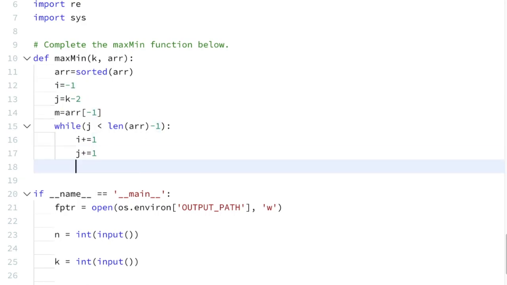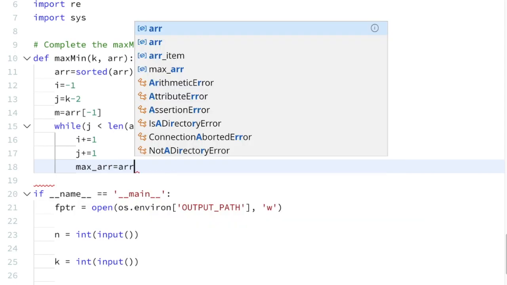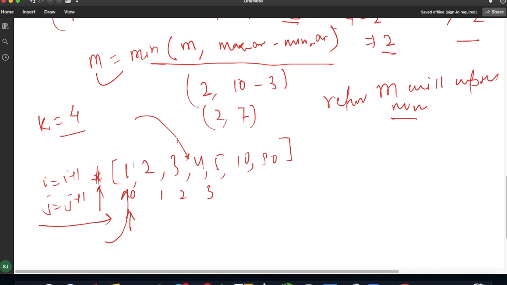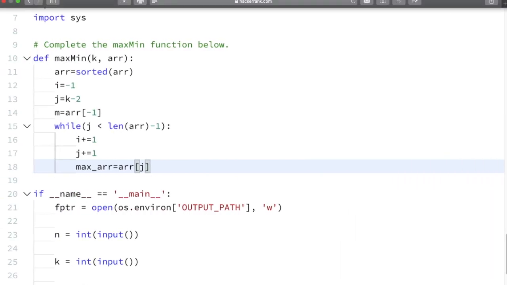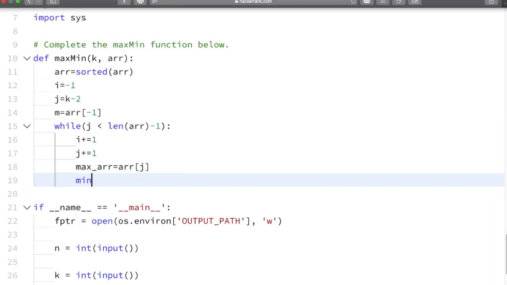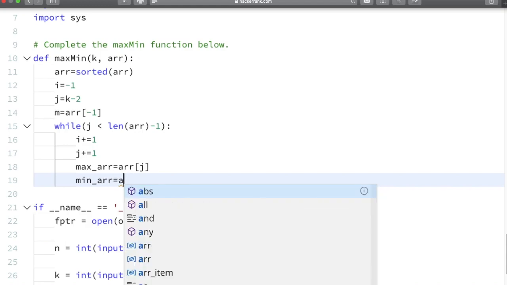Now we will take the maximum among the subarray. The maximum is present at array of j, and the minimum of the array is present at array of i.